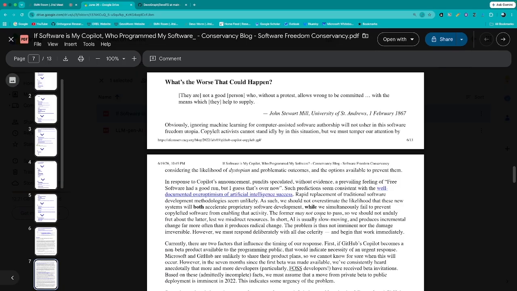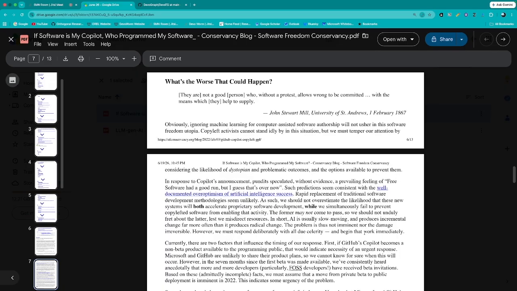The former may not come to pass, so we should not unduly fret about the latter, lest we misdirect resources. In short, AI is usually slow-moving and produces incremental change far more often than it produces radical change. The problem is thus not imminent, nor the damage irreversible. However, we must respond deliberately with all due celerity and begin that work immediately.